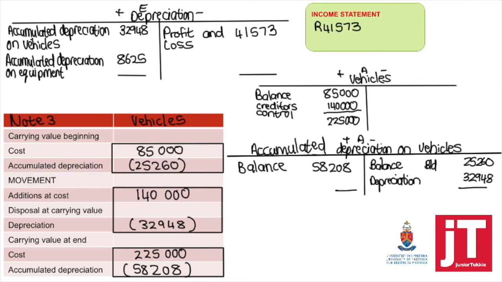Now we can work out the carrying value. Cost minus accumulated equals the beginning. 140,000 minus the depreciation, 32,948, equals my movement. If I take the carrying value in the beginning plus the movement, it equals the same as if I take cost at the end minus the accumulated at the end,